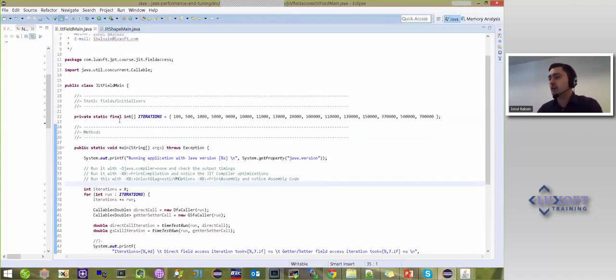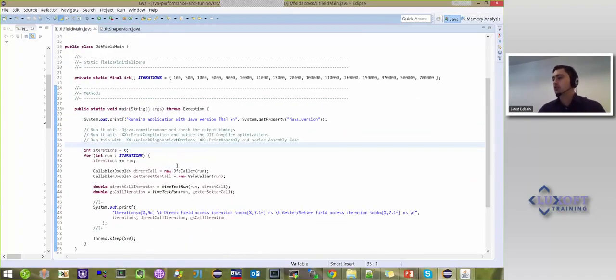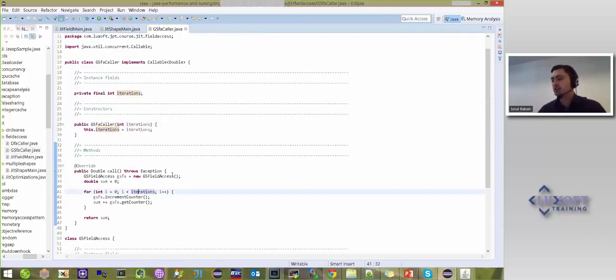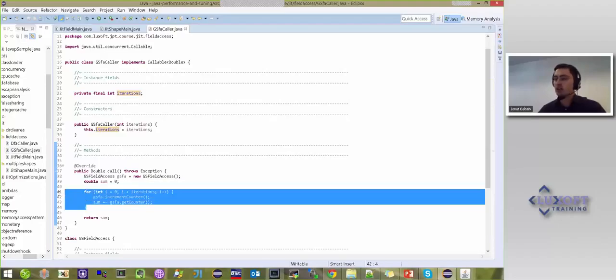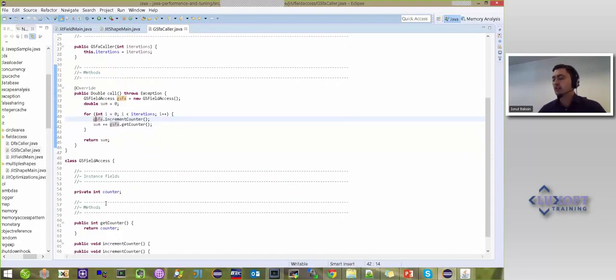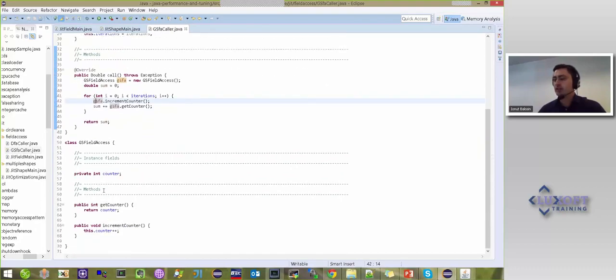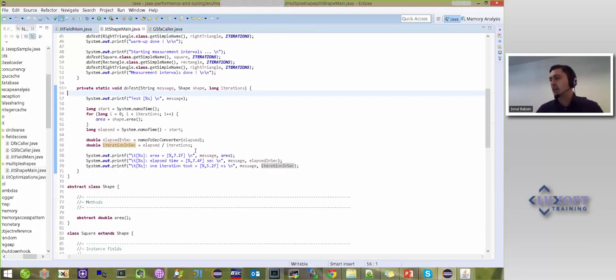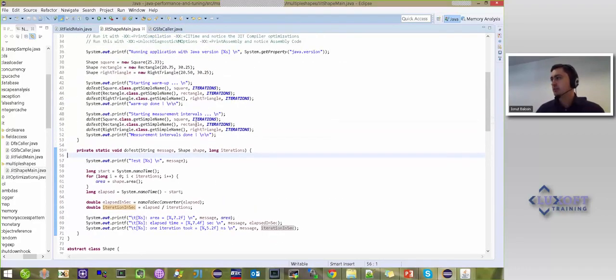We have to calculate a sum, for example, based on the number of iterations, and this sum is in fact calculated using an additional object, and the access to the instances of this object is done through the getter and the setter. And on the other side, I have the same implementation, but